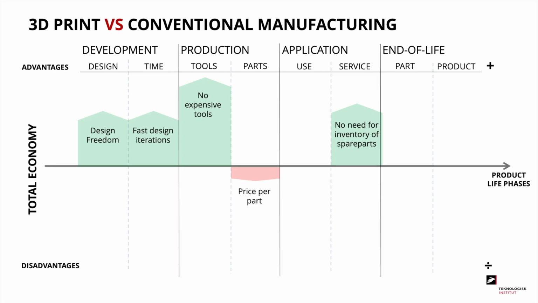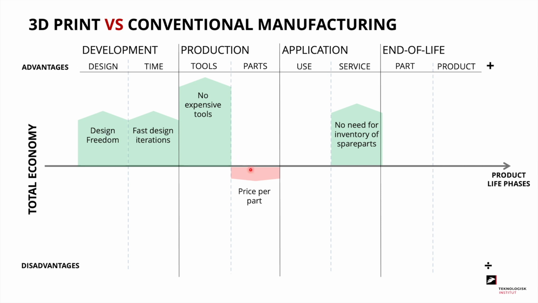Here I have made this graph explaining the economy of using 3D printing versus conventional manufacturing. Up here we can see some advantages, and down here we have the disadvantages. For this part we can see that in the development phase we have the design freedom and fast design iterations as some advantages. In the production phase, another benefit is that there is no expensive tooling needed to produce the